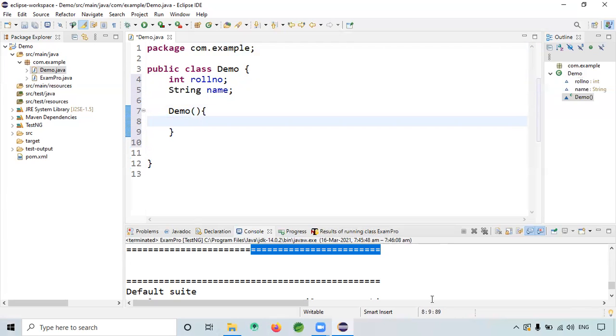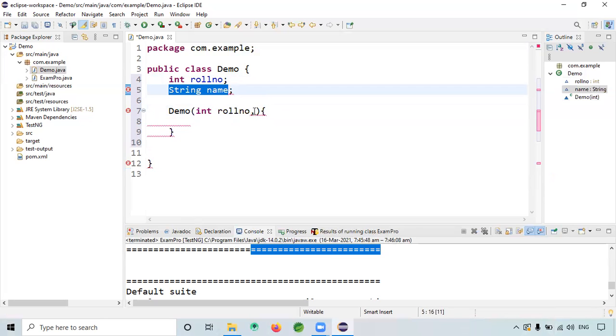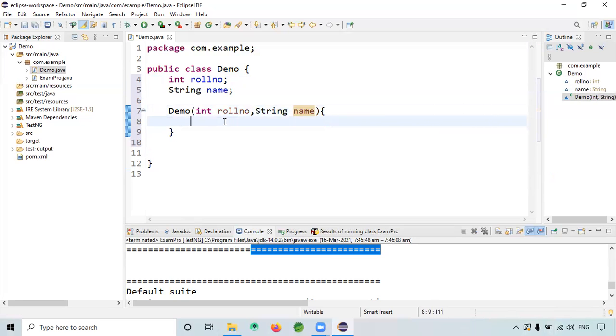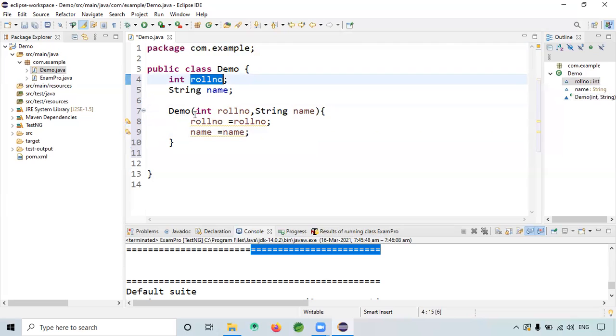Here I will take a parameterized constructor, and in the parameterized constructor I'm also passing int roll number and String name, with name equal to name like this. The same instance variable names I took in the methods as well.